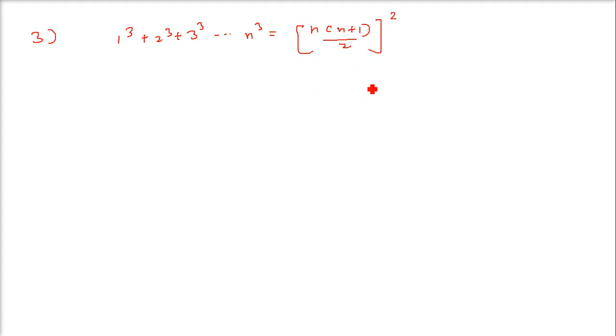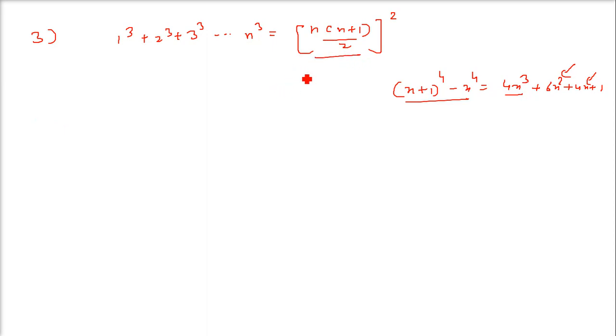Now here I am just giving you an idea, you just try to solve. It will be x plus 1 whole to the power 4 minus x to the power 4 equals 4x cube plus 6x square plus 4x plus 1. Just put 1, 2, 3 like this. Here you already know this thing. We have already computed it in the previous discussion just now. You also know sigma x square, you know sigma x. This you will find out. So eventually it will come as this one. This is the final solution.